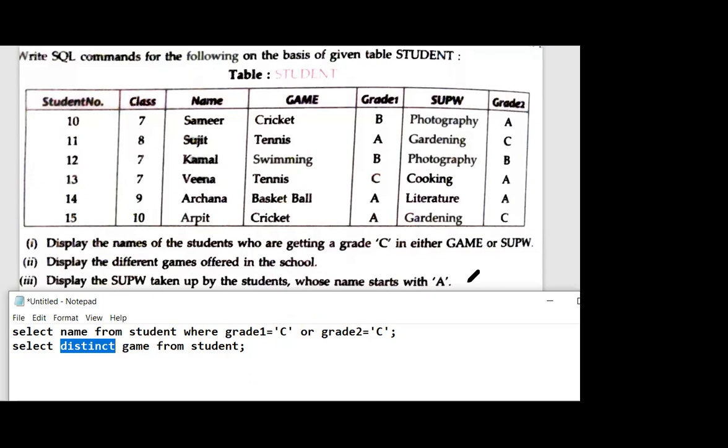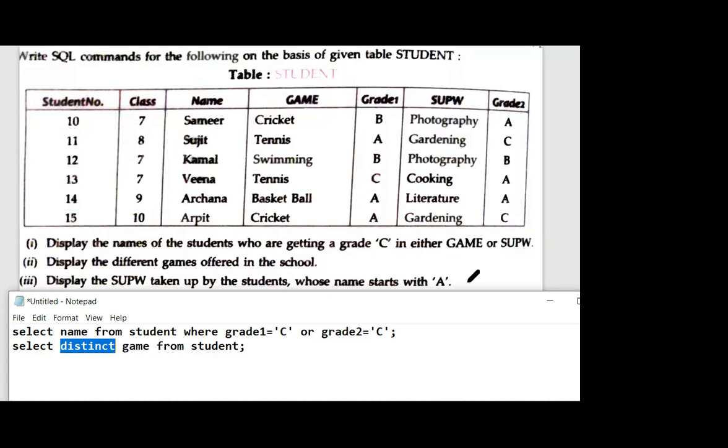Yes, Naman. No, Naman, wrong. Achal, correct.